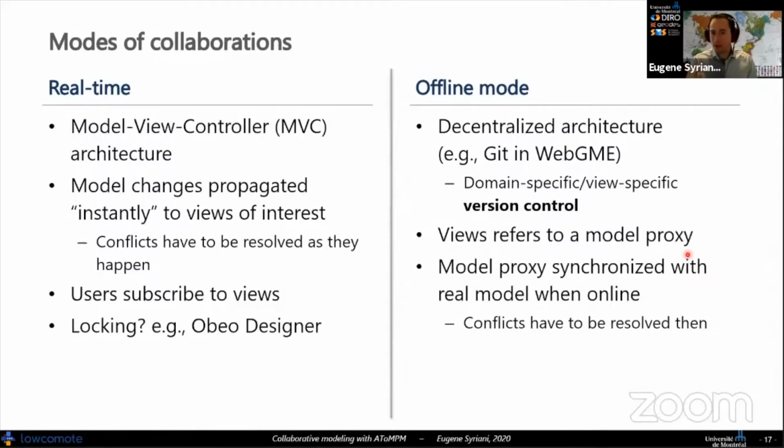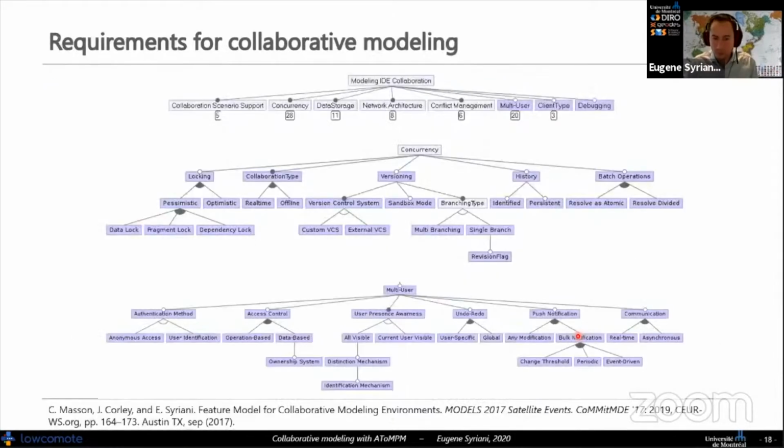So you can resolve conflicts locally, and what WebGME claims from their experiences is that having this two-phase concurrency management system reduces the conflict rates when it goes online, when it's pushed to the online model. So this is one dimension that we can look at for multi-view modeling. But there are many other dimensions to look at.